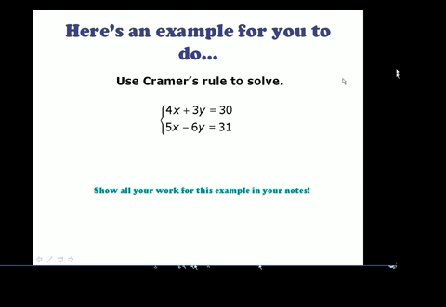So now that you've seen a couple of examples, here's one for you to do. Use Cramer's rule to solve 4x plus 3y equals 30 and 5x minus 6y equals 31. Be sure to show all of your work for this example in your notes,